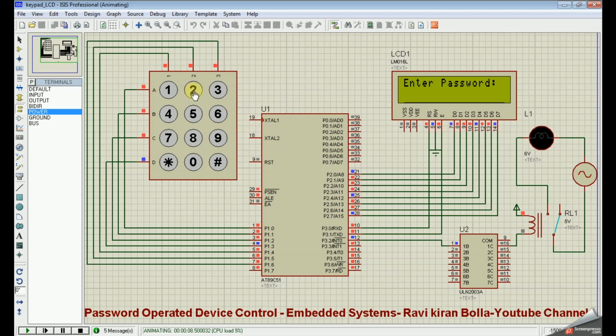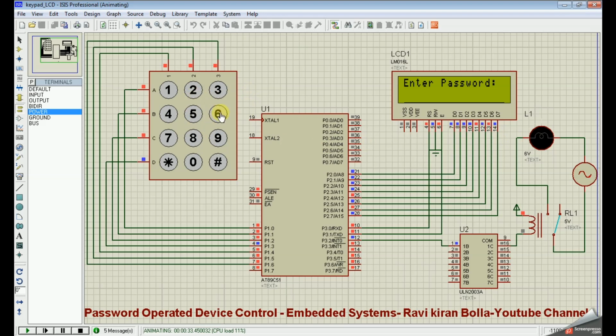That means I'm entering 2222 instead of the default password 6666. So let's see. There is a wrong password message, 2222 I entered, so it is showing wrong password. Now the device is also not switched on, so the access is denied.